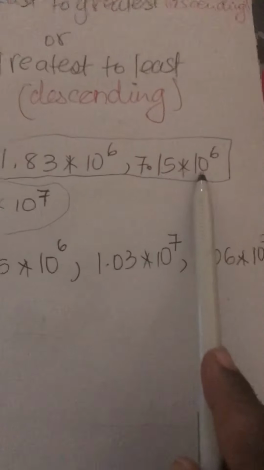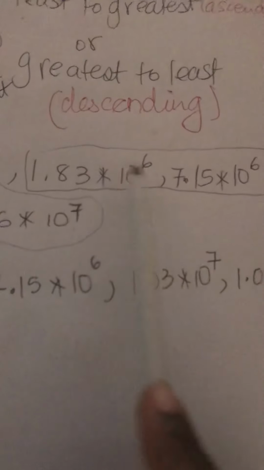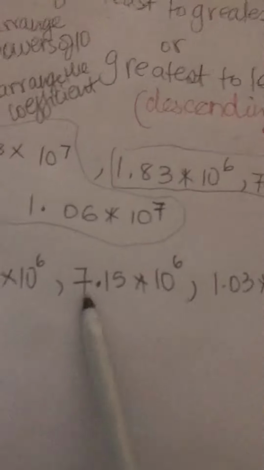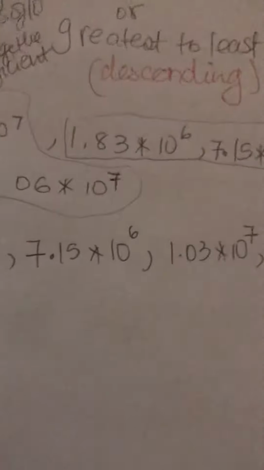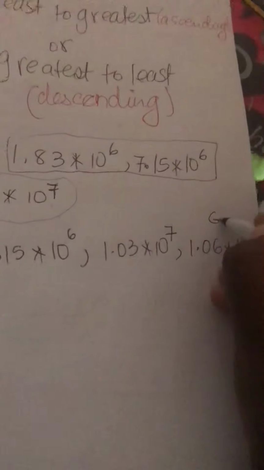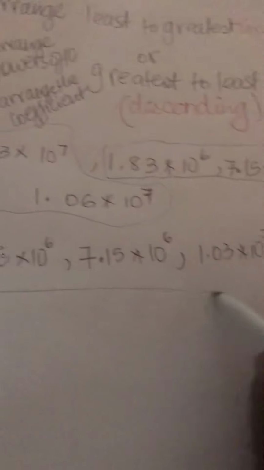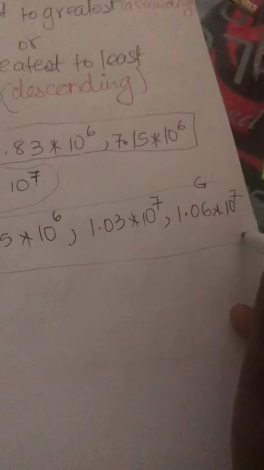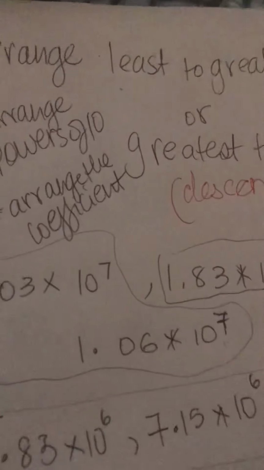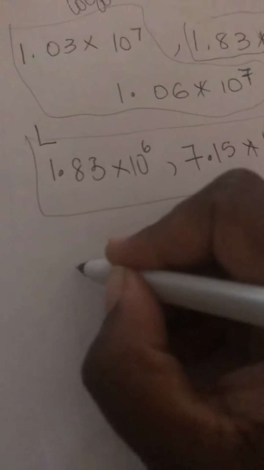When I looked at the 6s, 1.83 is smaller than 7.15. I write them there. 1.03 is smaller than 1.06. And now this is my answer from least to greatest, and I box it. This is our answer. The least value is this, the greatest value is that. All right, let's do one last one. One last one. Okay, so I have